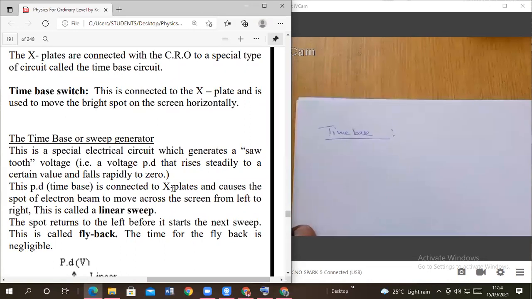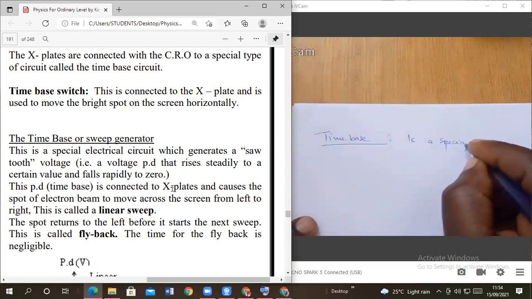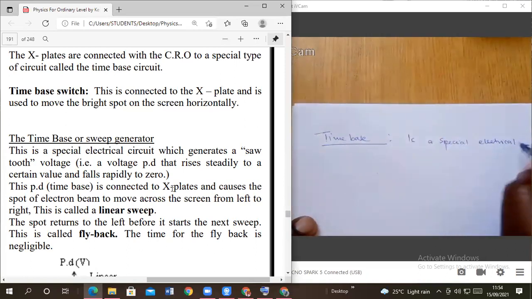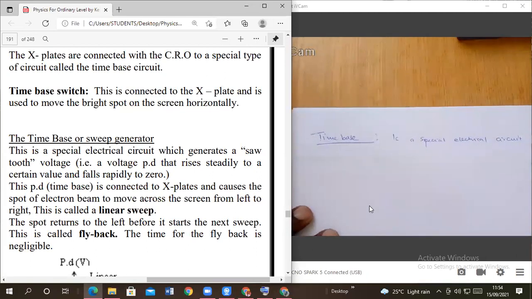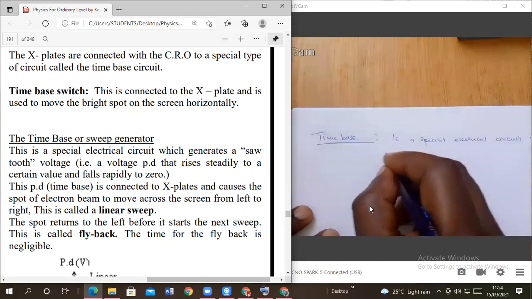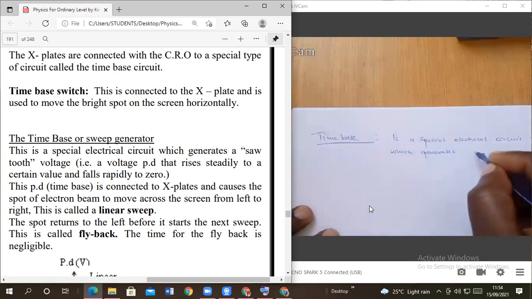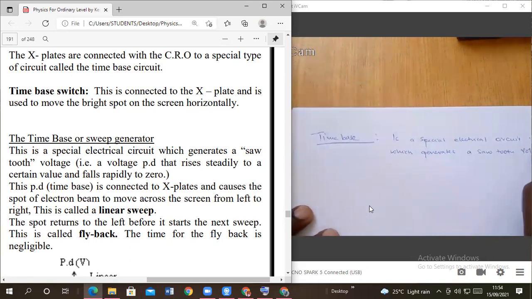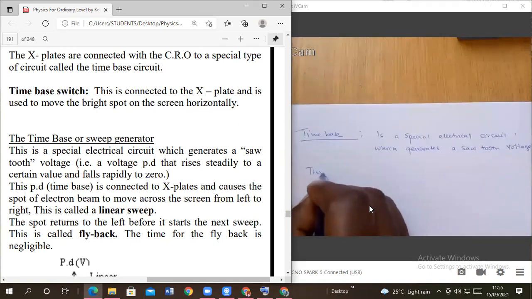So the time base, first of all, we can define it: a special electrical circuit which generates a sawtooth voltage. Full stop. That's the time base. An electrical circuit that generates a sawtooth voltage. Now you should know that the time base